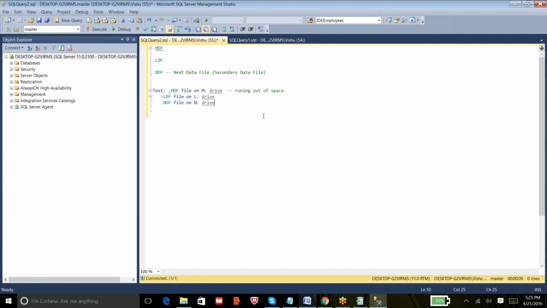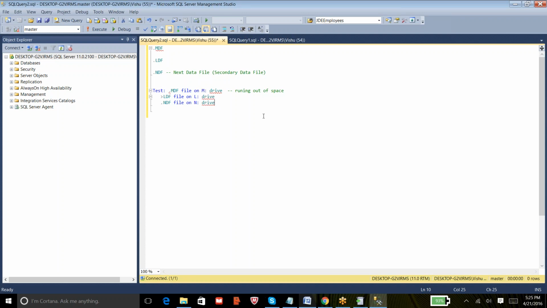Then the only thing you can do is add a new NDF file on a different drive where you have more space, and from then onwards, whatever new data comes into your database, you can divert those new data or new tables to the N drive data file. This is one of the reasons why we go for an NDF file.